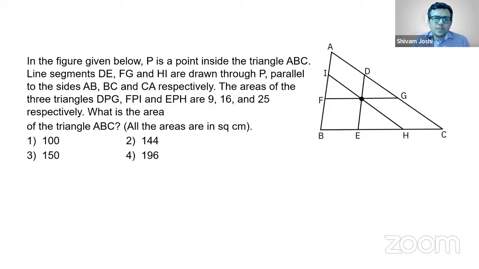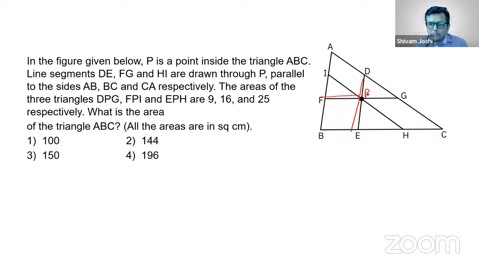Next question. In the figure given below, P is a point. First of all, this point is P. This is the point inside the triangle ABC. We can see that this point is located inside the triangle, right? Line segment DE, where is DE? Okay, this is DE,